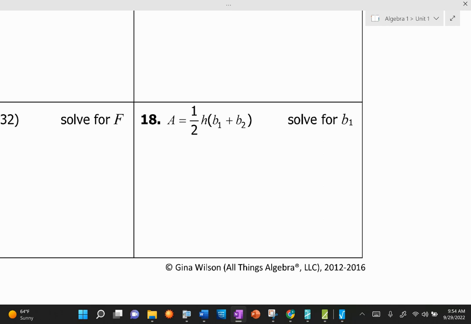So number 18 is, in fact, a formula for a trapezoid or a parallelogram. Okay, so a